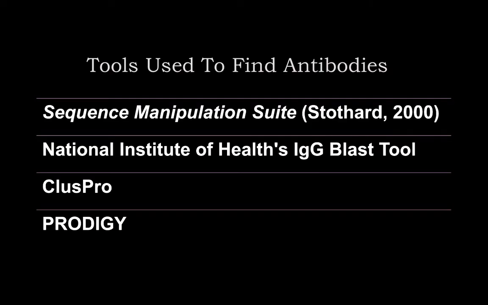So we started out in February with a protein sequence of the spike glycoprotein of the virus. So we took this protein sequence and we wanted to search through genes, so we had to convert this sequence written in amino acids into a sequence that would be written in DNA base pairs. So we used this tool called Sequence Manipulation Suite to convert it, and then once we had converted, we used the National Institute of Health's IgG Blast tool, and this is a really great tool that allowed us to search for similarities between the DNA of the spike glycoprotein and the genes in the human and mouse genomes. So this allowed us to identify